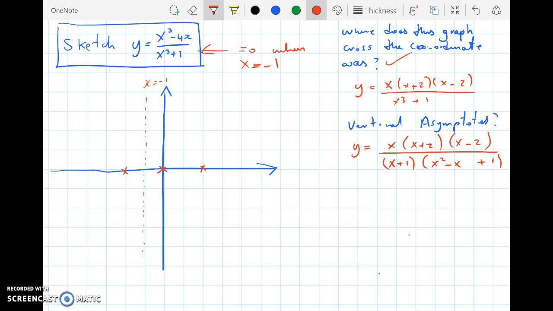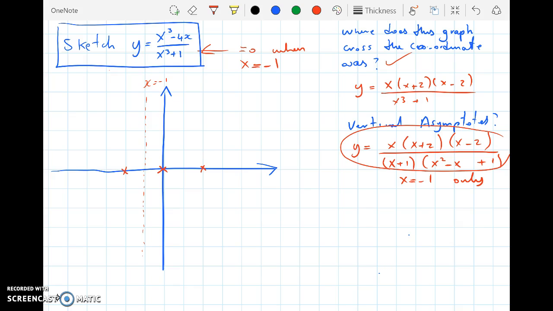Now, as we can see, this quadratic there, the discriminant is less than 0. It has no real roots, that equation. That's never going to be equal to 0. You can complete the square or whatever to show that. So the only asymptote is actually at x equals minus 1 only, but we perhaps didn't need to do this full factorisation in this case. Okay, now